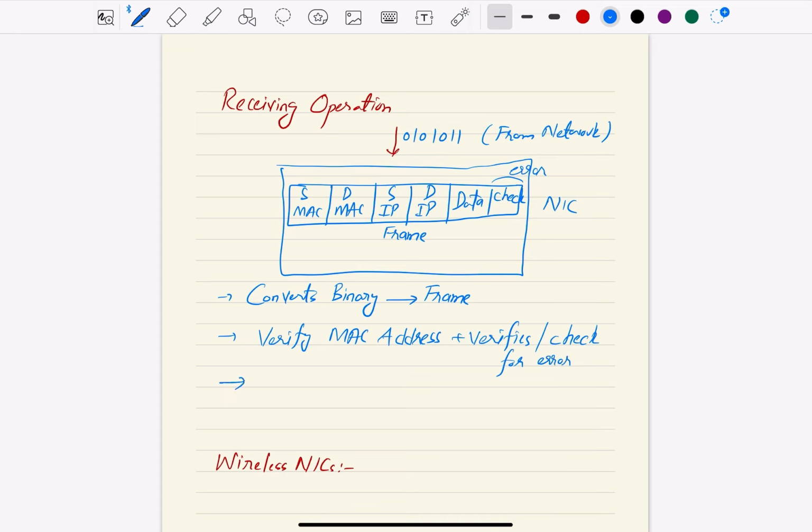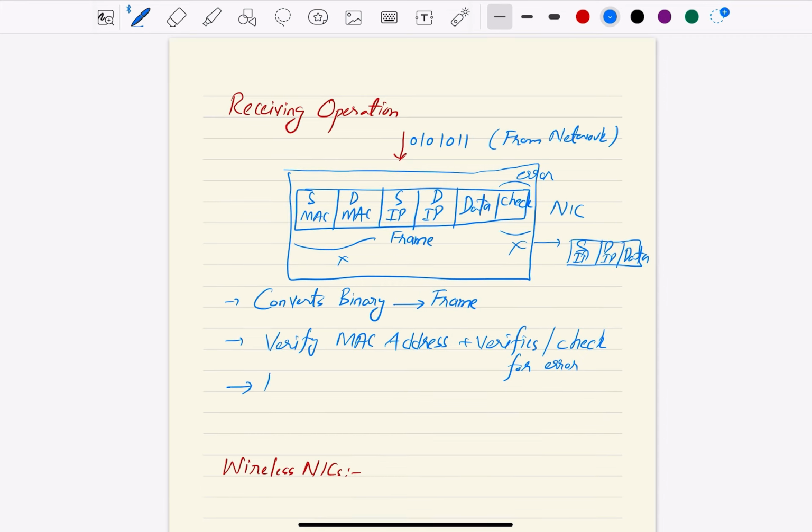Further, because it's going to forward a packet to the network protocol, it will have source IP, destination IP, and just the data. So things like this checksum will be removed, and this thing will be removed. So it will remove the header and trailer, and forward the packet